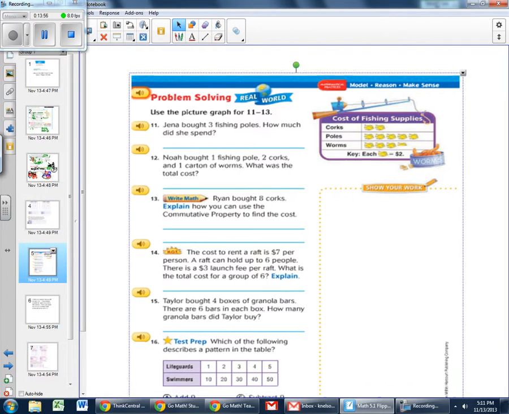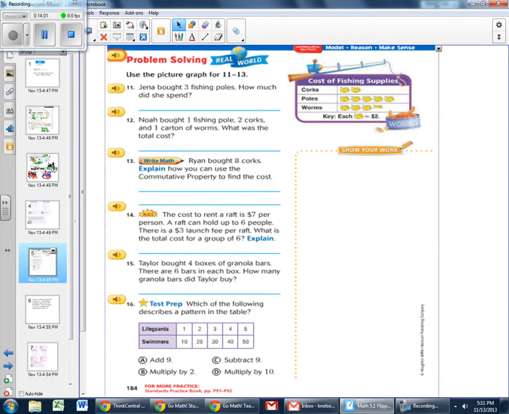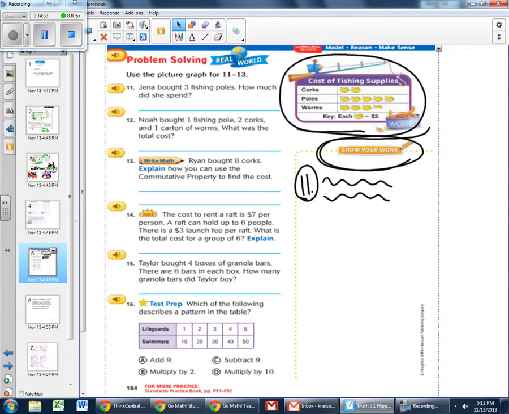Okay, hopefully you were able to do page 183 without a whole lot of problems. So we're going to move on to our problem-solving page. This is the page that I usually do with you. And we are going to look at these questions. It says use the picture graph for 11 through 13. This is our whole second unit that we did in Go Math, talking about using picture graphs. For this one, I want you to really, really use this space. And if you need to write number 11 here and show all of your work for number 11, that is a great strategy. Okay? You are actually going to complete this page on your own now